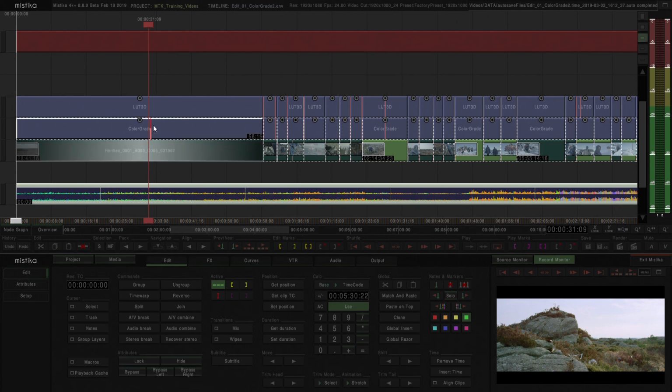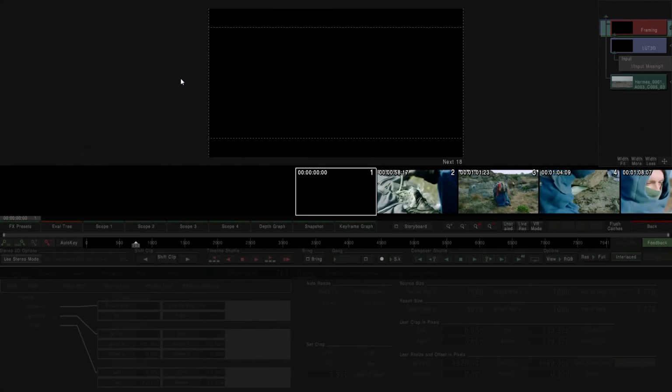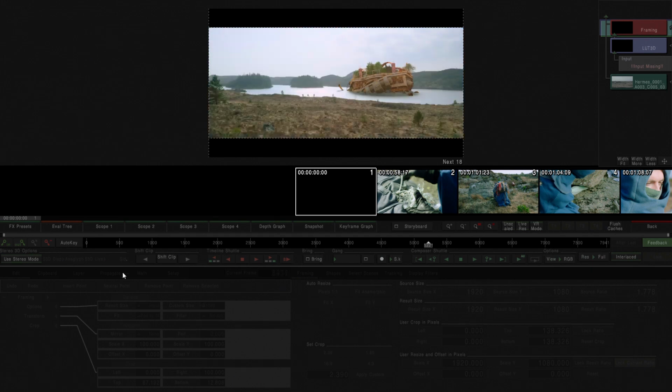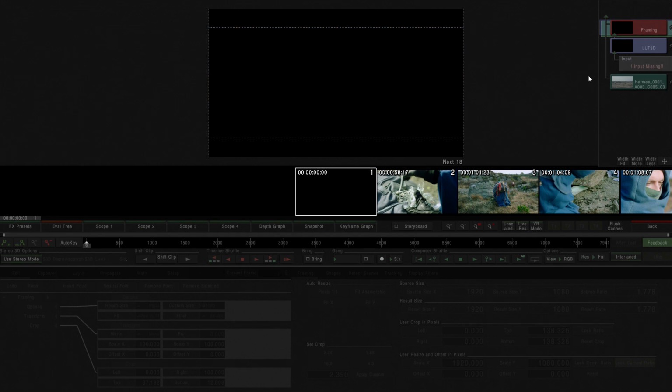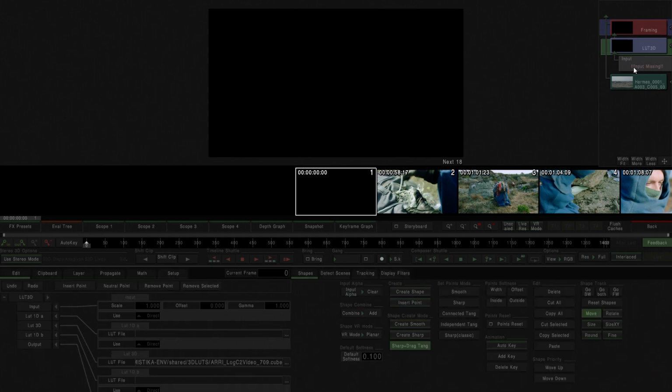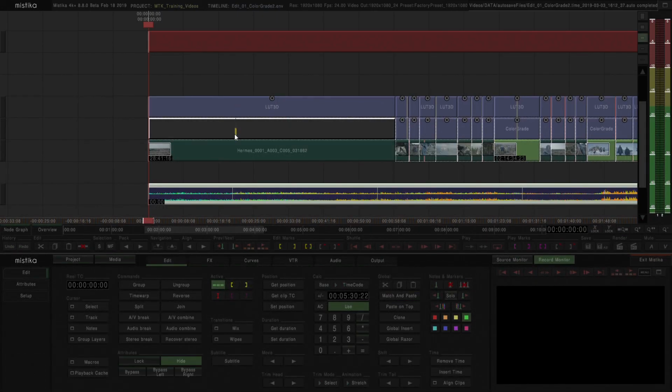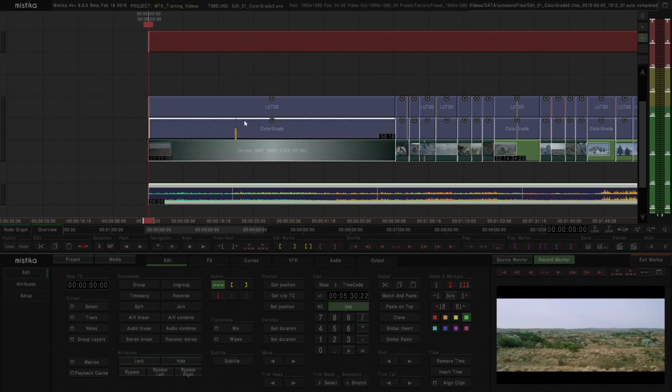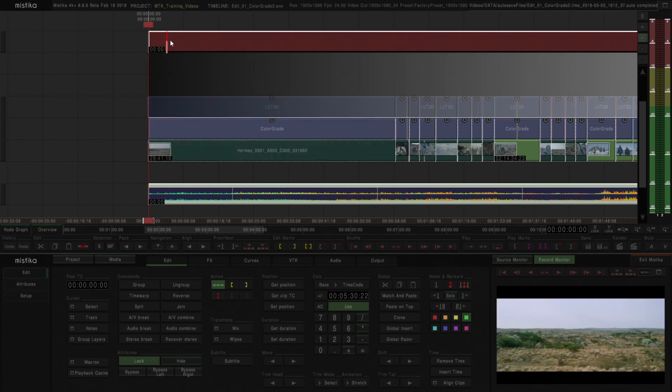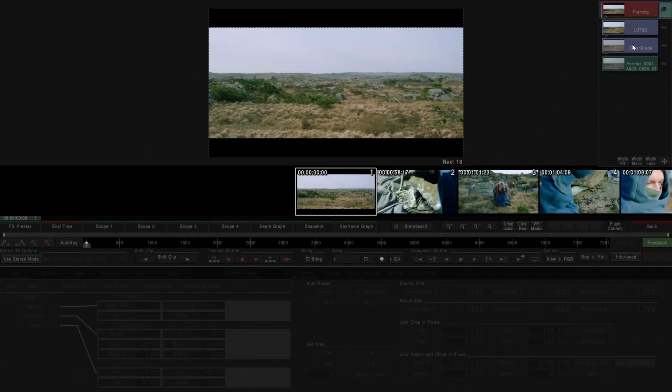Because if I hide the color grade, as we did before, and go to my visual editor, and let's go to the beginning here, I could see there that the LUT3D has a sign in the eval tree saying that there's an input missing. If I go back and reveal the color grade again, it pops back up again in the eval tree. Okay, so that is what I mean when I say that it might break the flow of the effects